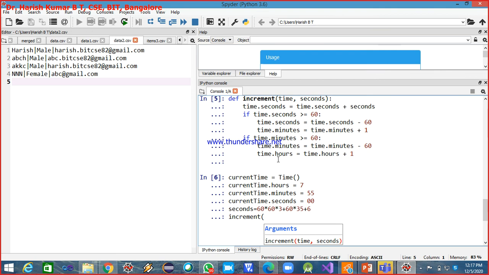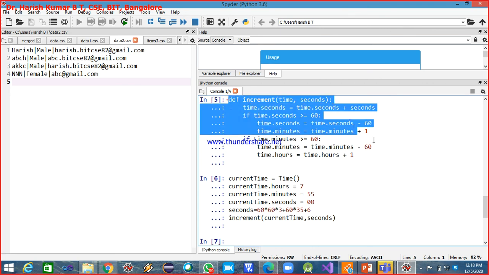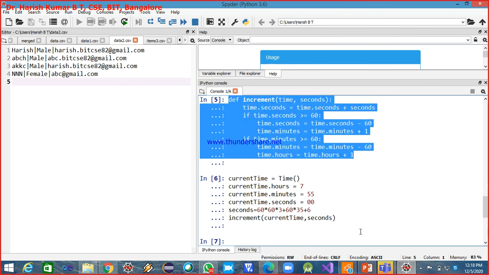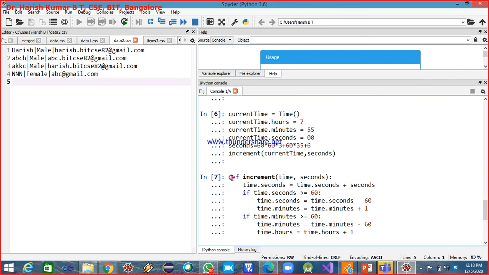I pass the current time and then seconds. Since in the definition of increment I'm not printing it, it got executed but we are not displaying the output. So let me redefine it.